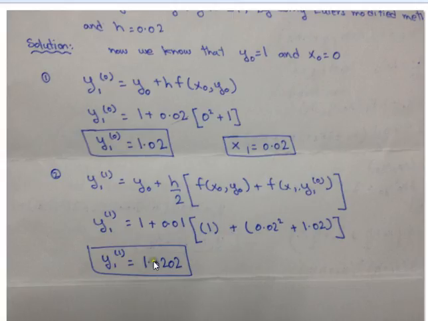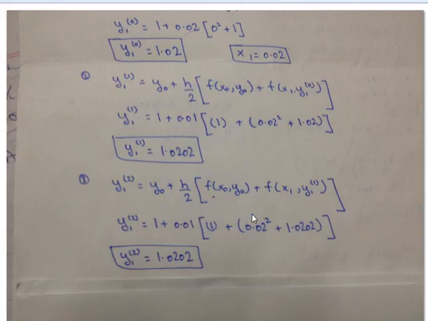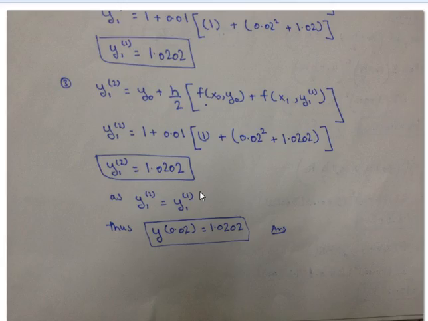Now we use these two values and put them in the third equation. This is the third equation. Now we put these two values in this equation and get another value, y_1^(2). We can see that it gives us another value, 1.0202. These two values are the same, so we don't need to solve the process further, as we know that